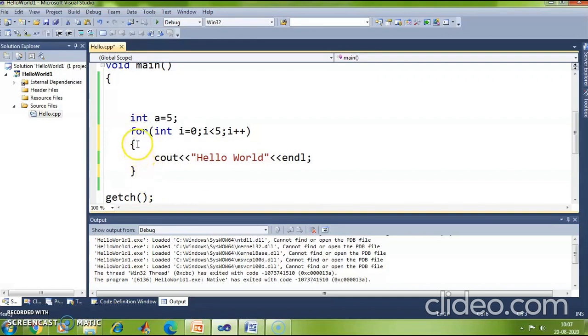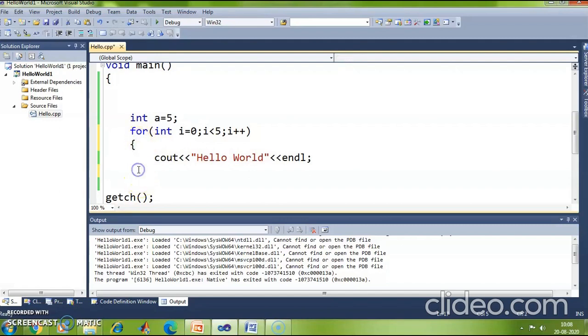Now what if I remove this flower bracket? Can I remove this flower bracket? Yes. Why can I remove the flower bracket? That's because the statement that I want to execute here 5 times is only one statement. If suppose I want to execute more than one statement, I have to make sure that those statements are placed within the flower bracket.